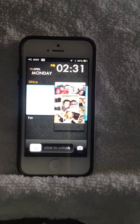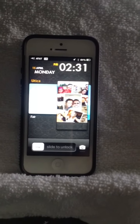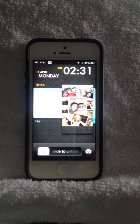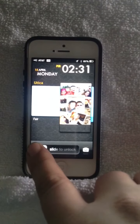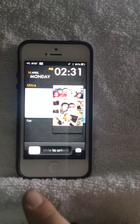Now these will be the 10 most useful tweaks that I believe that once you install you will be using all the time. I definitely use them, and these tweaks make my life a lot easier. Again, you need a jailbroken device and Cydia installed in order to get these tweaks. Here you go. Number one,